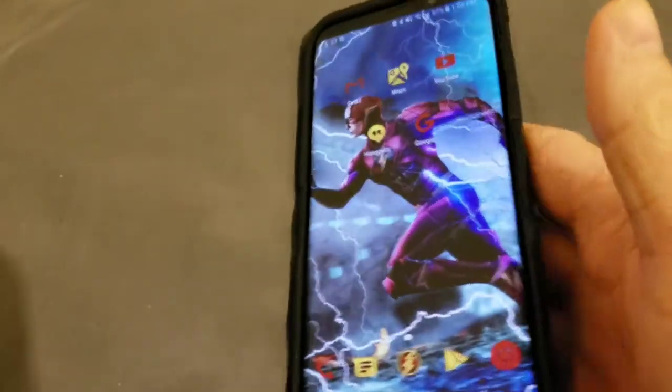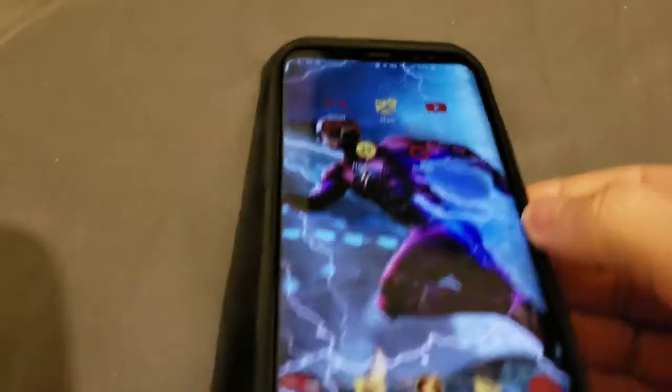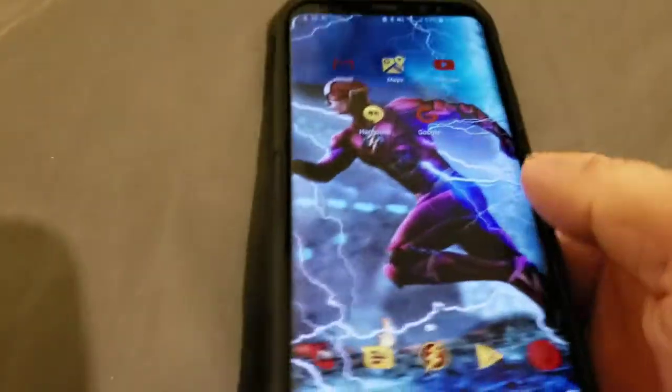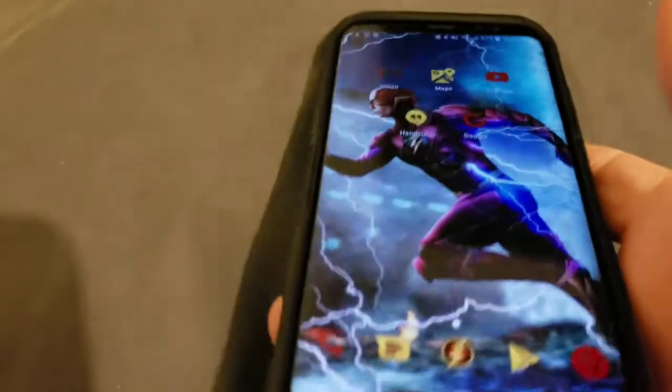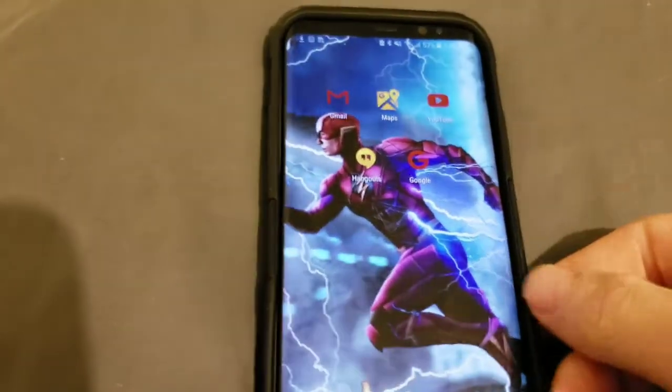Alright, YouTube, so as you can tell, there's a bunch of possibilities that you could change the background to with this 3D effect, and it looks really nice too on the display on the S9 Plus and